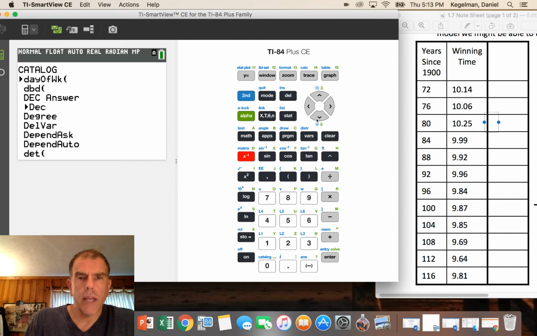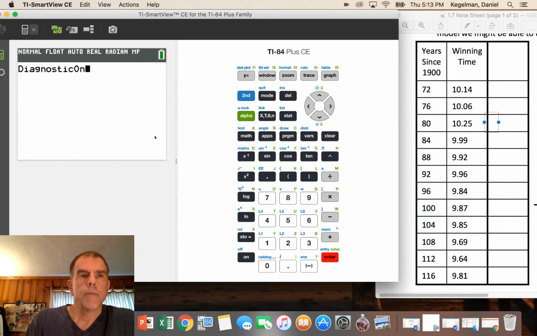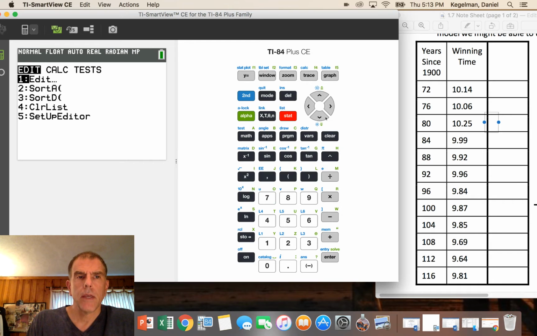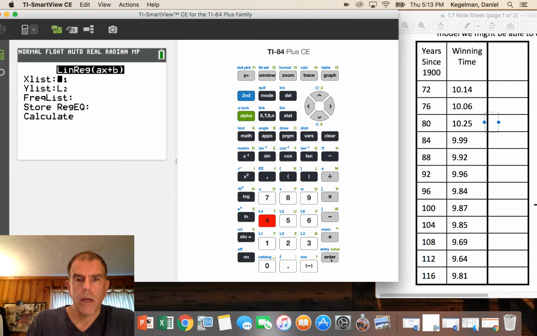And if I scroll down now, in the D's, these are all the different features that the calculator has. I want to go to diagnostics on. So I'm going to hit enter. And now diagnostic on is on my screen. I just want to hit enter to tell the calculator to do it. It says it's done. So now when I go back to hit stat and calc and option 4 linear regression and hit enter down at calculate,